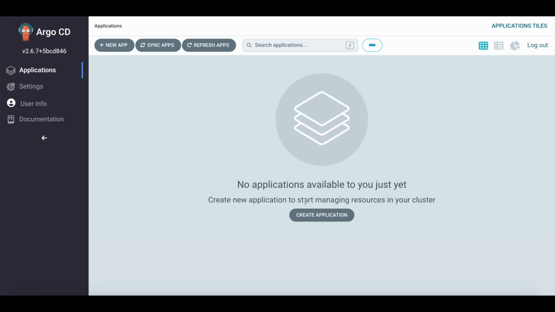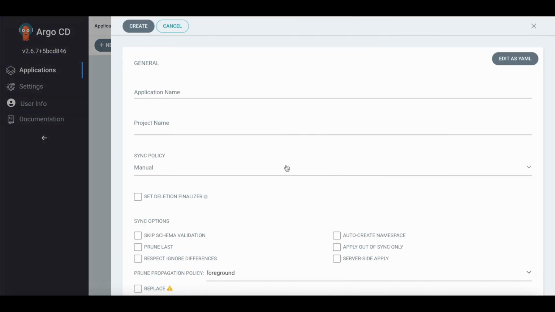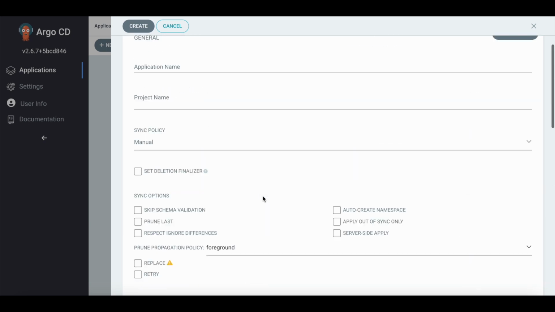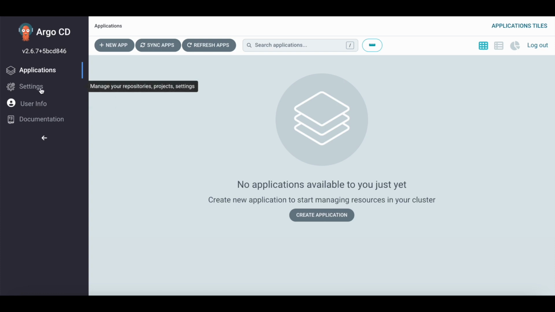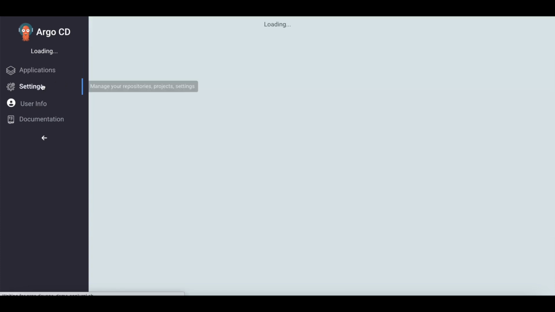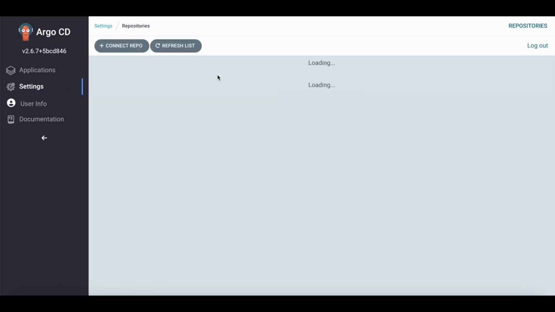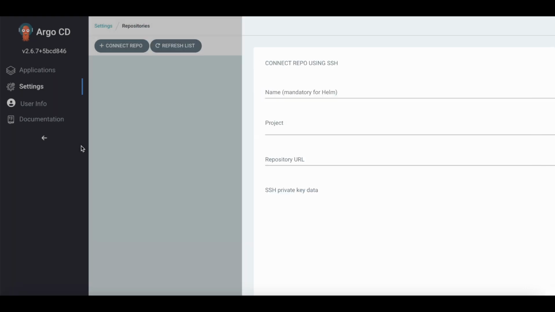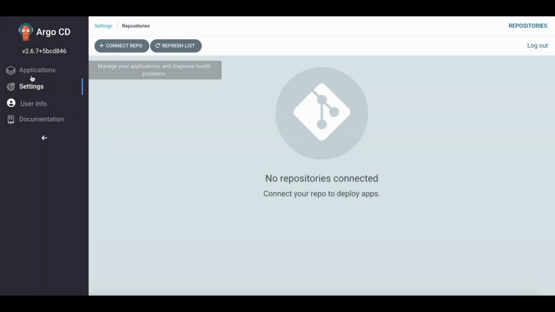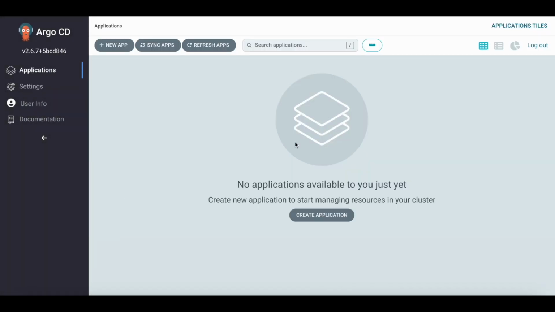All you would need to do is create a Git repository and point it at some Kubernetes YAML manifest somewhere in a subfolder of that repository, and it will start syncing them for you. We don't have, off the top of my head, a good example of those, but there's tons of documentation on how to actually set up your first repo and start syncing with Argo CD. So I definitely recommend you check those out